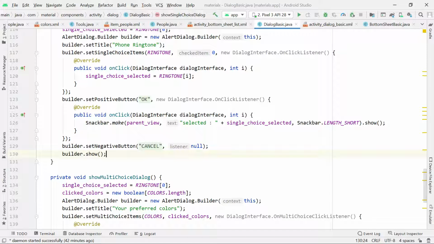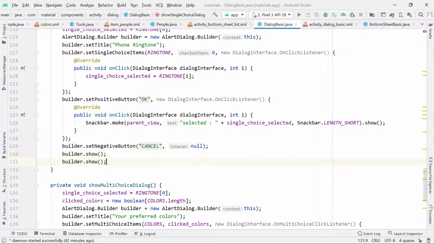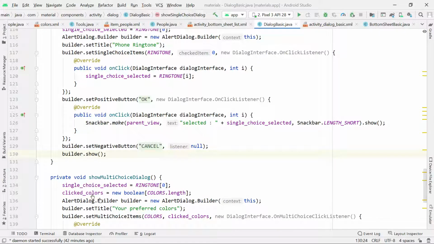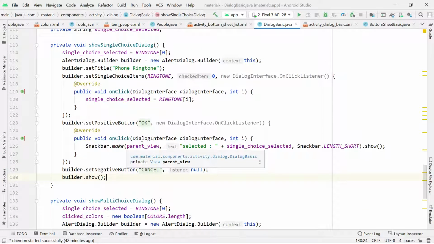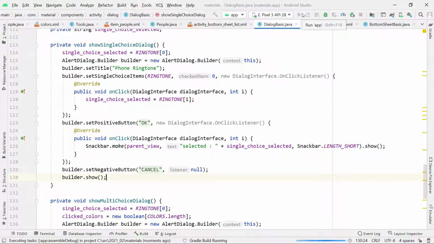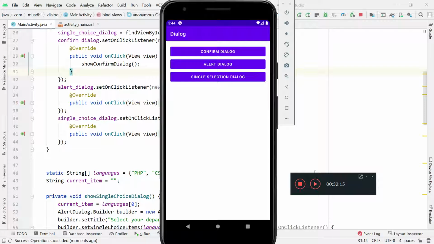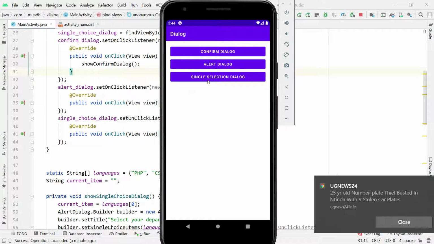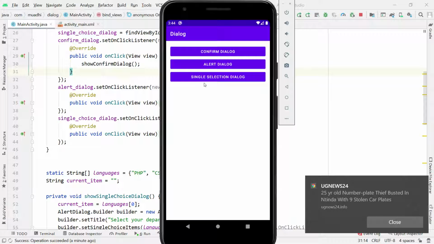I think I already put it. Builder.show will also help us cancel the dialog. So let us run the project and see what we'll get. After around 20 minutes of loss, but it's part of the journey. So this is the application. We're looking at a list. If I click here, you see we get a